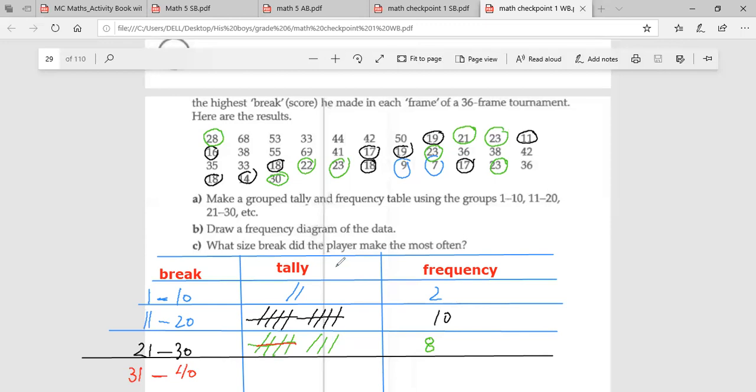31 to 40. We count from 31 until we reach 40. 31, then 33, and 36. Here is 38. Okay. Until we reach 40, 36, 38. Here is 35, 33. Okay,